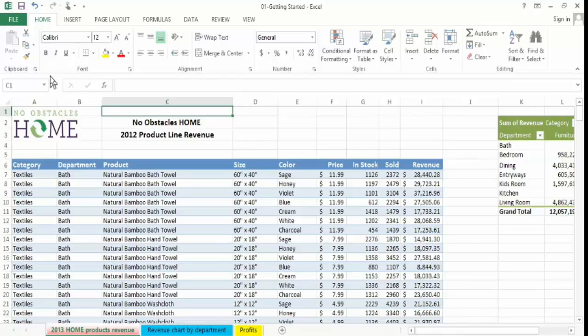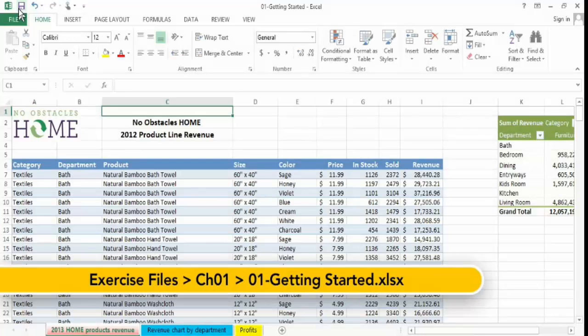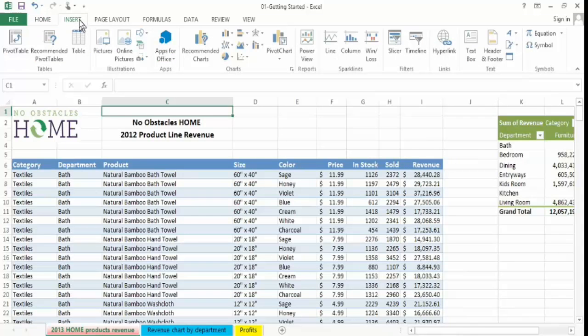In the upper left-hand corner of the Excel screen, you'll see a series of buttons. These are referred to as the Quick Access Toolbar. Initially, you'll see 4 or 5 buttons here. The idea behind the Quick Access Toolbar is that among the many, many icons that exist within the menu system, maybe for certain icons, those that you use frequently, you want to have them available all the time on your